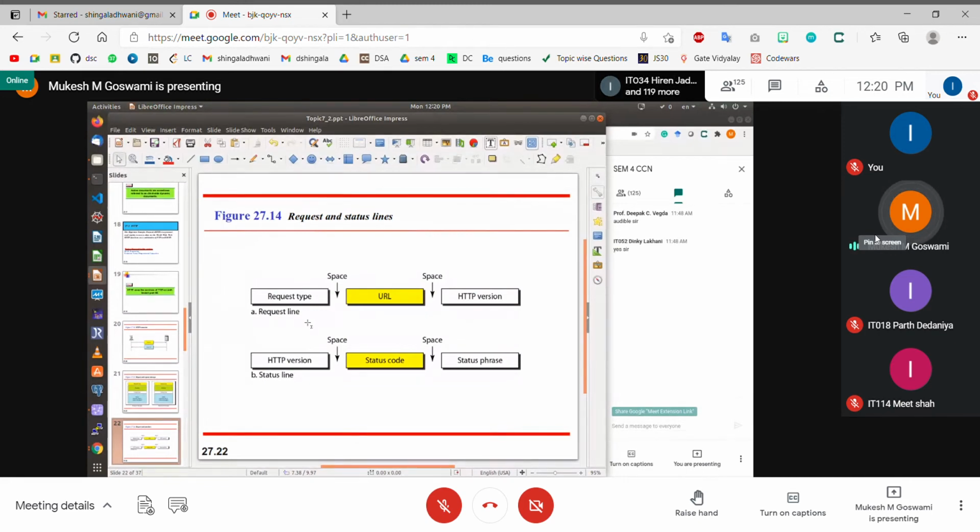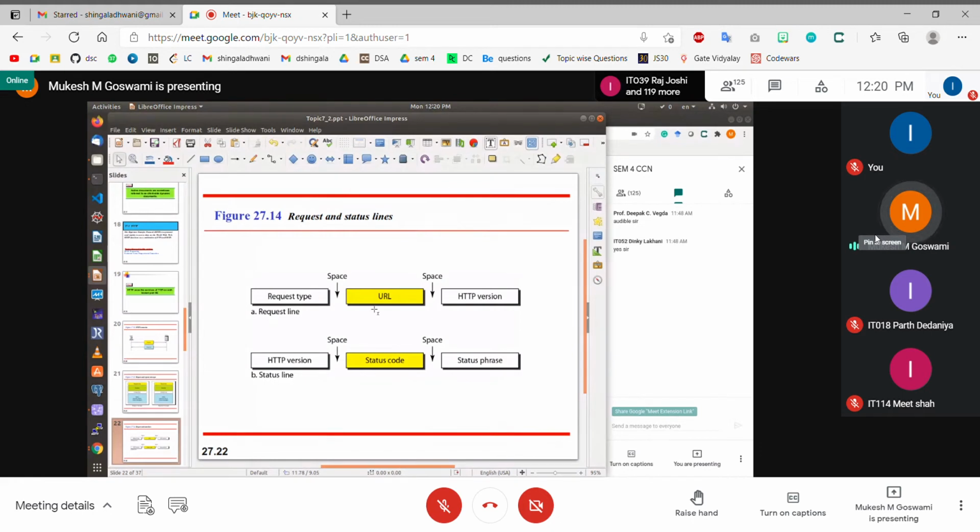And then you have the put request. Put request means when you are uploading something, say for example an image or a video which you are uploading on the server, you have to send the put request and so on. So there are various types of request type. You have to mention first of all which kind of request it is. Is it a simple get request where you are getting a web page? Is it a post request where you are trying to send some data to that particular web server? Or is it a put request, or a delete request or something?